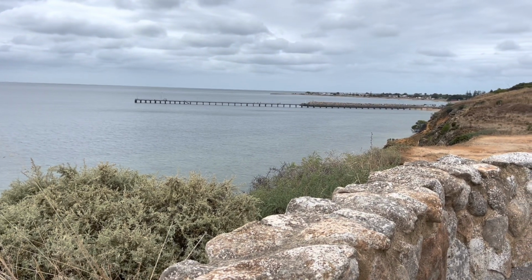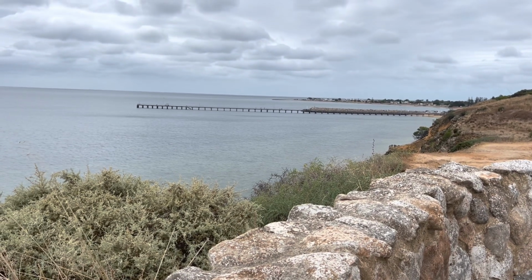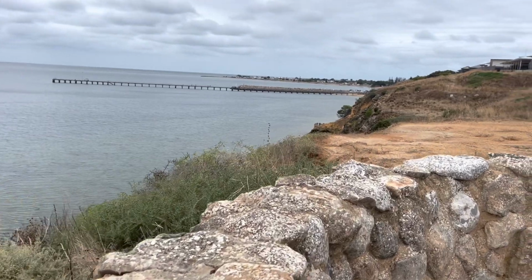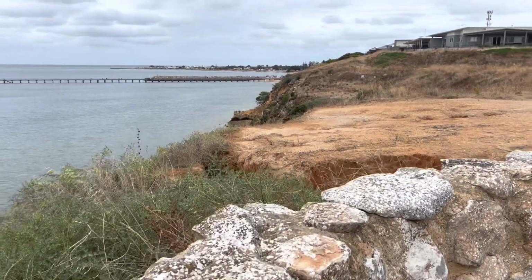Well, I think it would be much more exciting if it was a lovely sunny day. Oh, look at the colour of those cliffs there. That's quite...